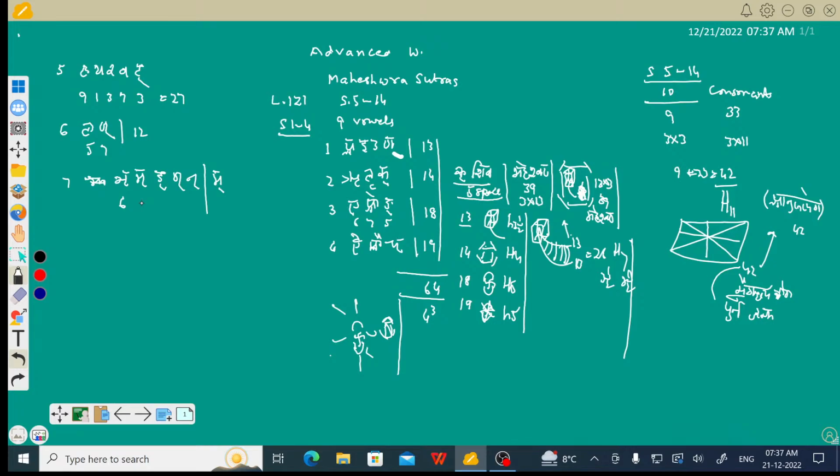Ninth is Ja, Ba, Ga, Da, Da, and Sha. 4, 7, 3, 5, 6, and 2. The 10th takes us to